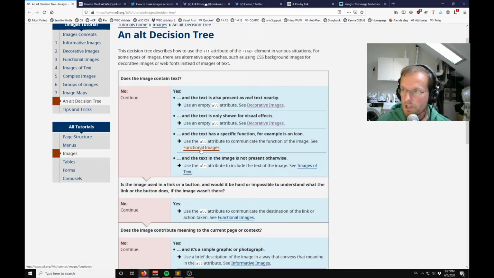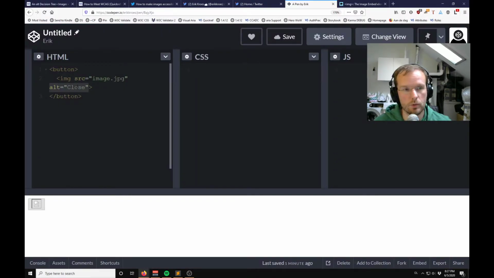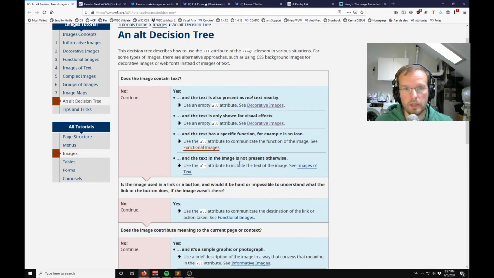Functional images, you see them a lot these days. You see so many icons. They all need a functional image description. It's not about what they show. It's about what they tell you. Because if it was about what they show, I would have said alt is X. You know, that's the literal content, X. But it doesn't say anything. It doesn't help you close something. I mean, even better would be, and that's when we get back to this one,